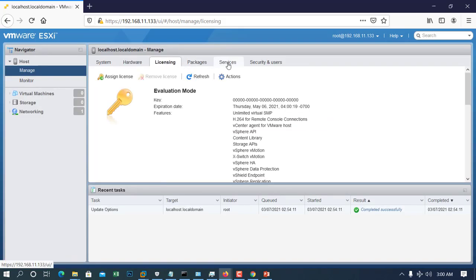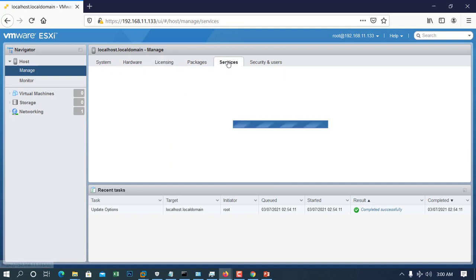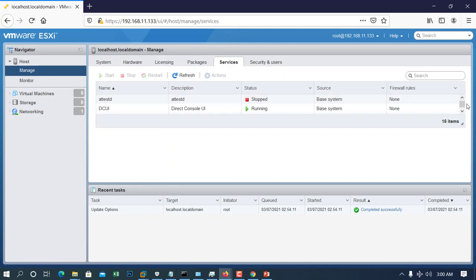The second option I most frequently use is services. Here in services there are so many services. So here you can see the NTP daemon is shut down or is not running.